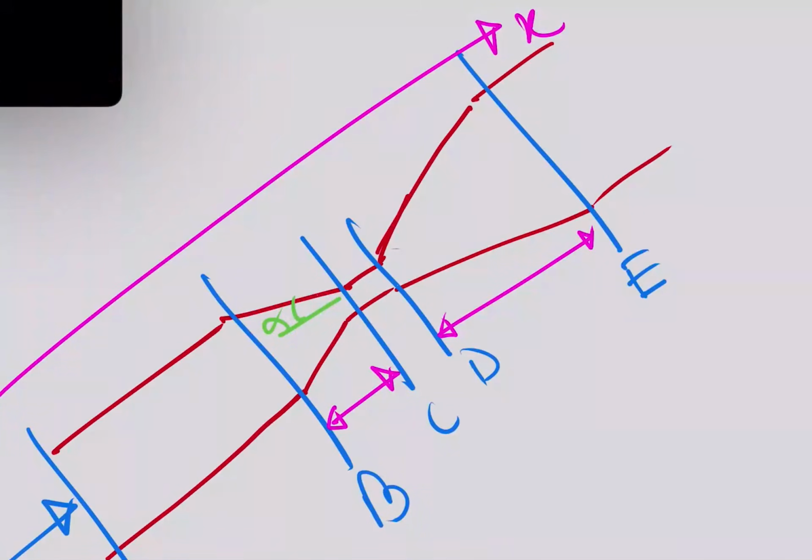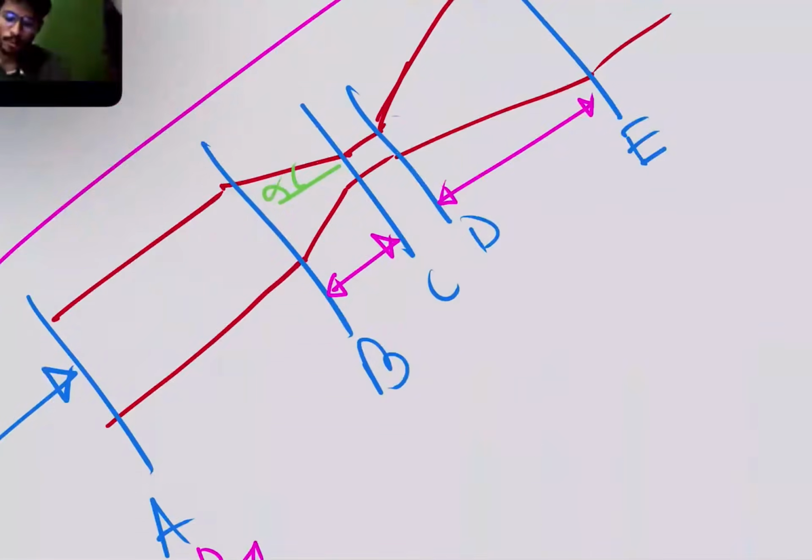In the section B to C, it will decrease. For A to B, it will be constant, right? Okay. Okay, fine. So now you see what you have drawn is that